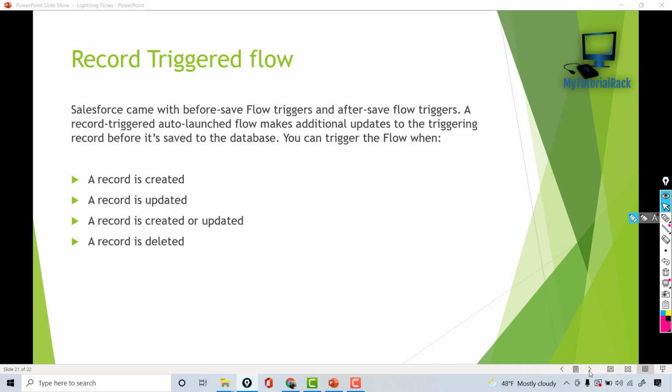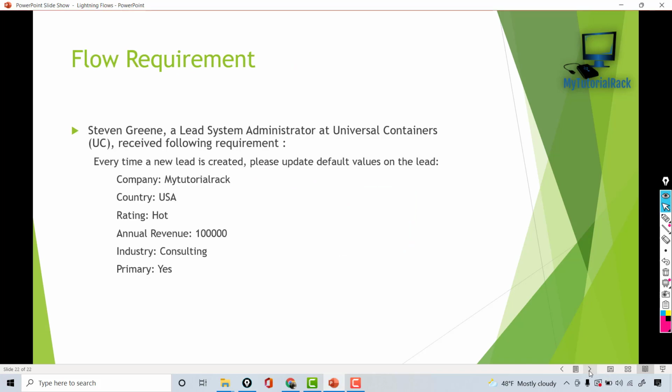So let's go ahead and talk about a requirement which we are going to build in this particular tutorial. The requirement is: Stephen Green, a lead system administrator at Universal Containers, received the following requirement. Every time a new lead is created, we don't want to fire this flow when a lead record is updated. Only once, when a lead is created, you want to update the default values on the lead